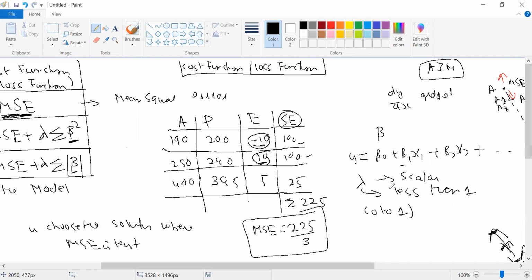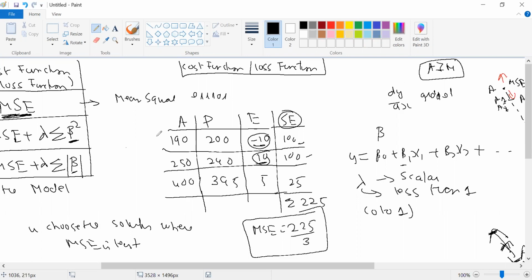ये weightage decide करने की काम आता है. So if you are multiplying by 1, the beta value will remain same. If you multiplying it by less than 1, the beta values will decrease. And if the beta will decrease, the weightage will decrease. So what is the main aim of a ridge and lasso? Main aim of ridge and lasso is to overcome the problem of overfitting. याद आता है सबको? Main aim क्या है? Overcome the problem of overfitting.